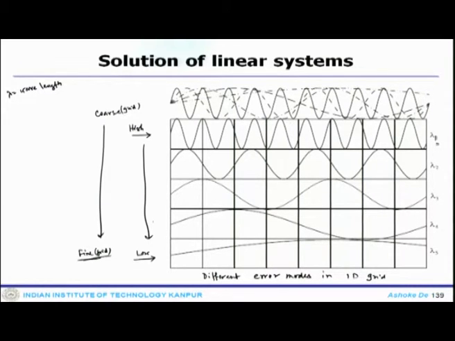So, these are the errors which are sensed by your linear solver. Now, the frequency of the error also decreases as lambda increases, and you can see the error slowly becomes smoother. Here it is a much higher frequency oscillation, slowly it is smoothing out, and finally you get a much smoother profile, and this gets worse.